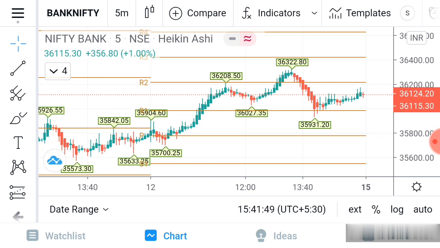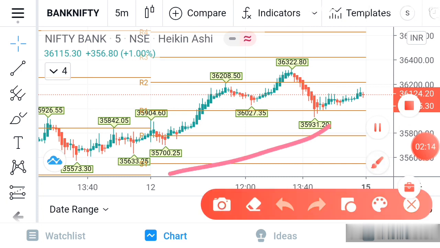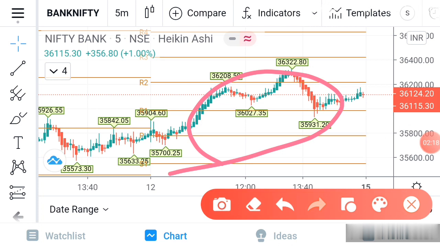Now we have to do price action trading. Price action trading means, for example, if you want to trade today, we have to mark the previous day's high and low. That is very important. The high and low will help you identify the trend of Nifty or Bank Nifty. So the first thing is that we have to identify the high and low of the previous day. For example, today you can see this data is of 12th February. So if you want to trade on the 12th, we have to identify the 11th's high and low and mark it.